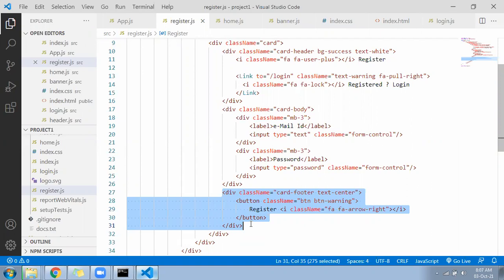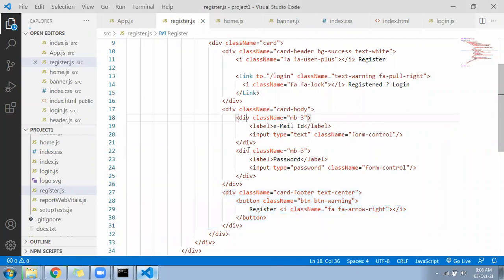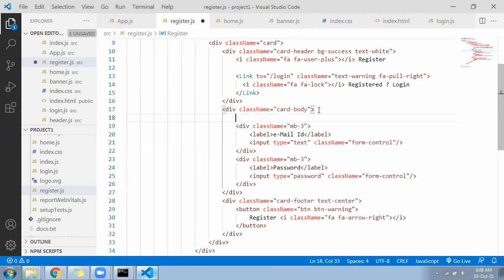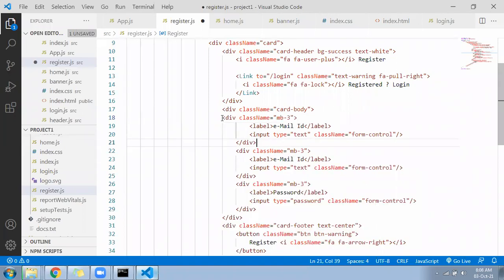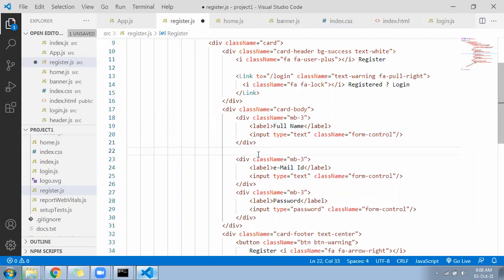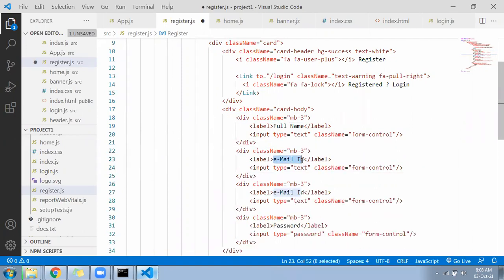Okay, so hope ready. Now that we have written email ID and password, we will add one more field called full name, and one more field, mobile number.